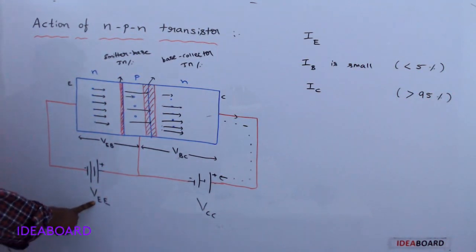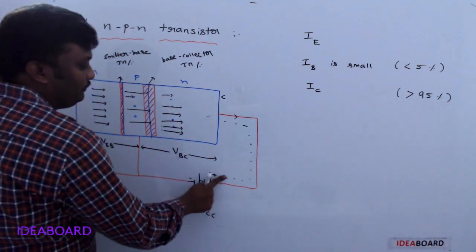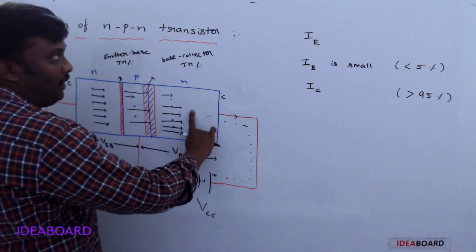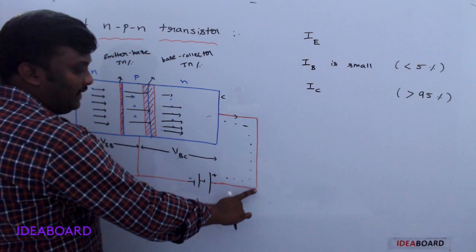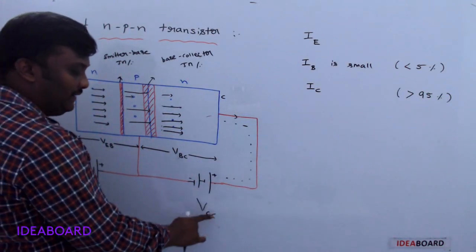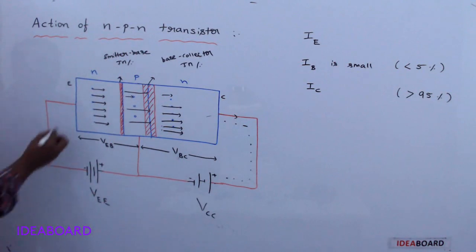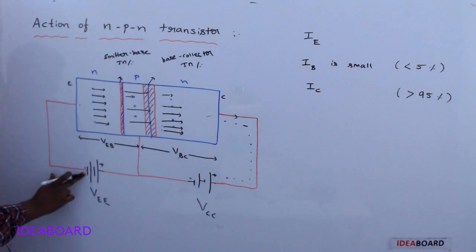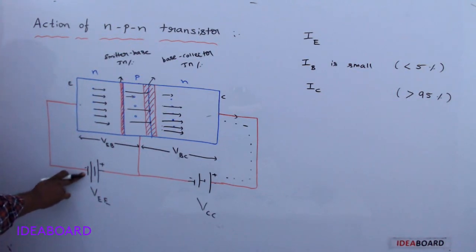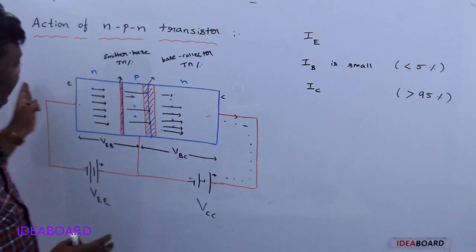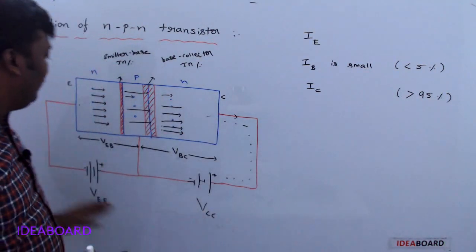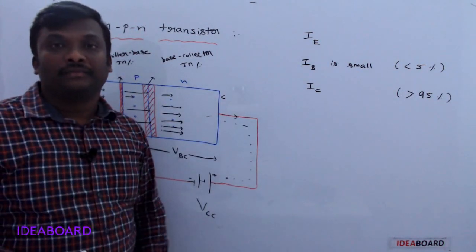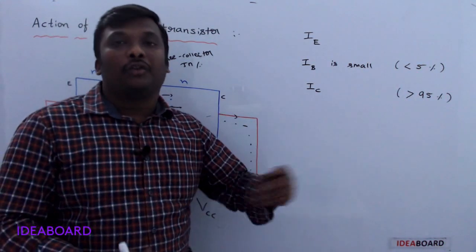This is most important. Again, corresponding to each electron that from the collector reaches the positive terminal of VCC, there is an electron entering into the emitter region from the negative terminal of VEE. So whenever electrons are reaching here, their flow will be continuous. That's why the current flows through the transistor continuously. It does not stop, it is a continuous process.